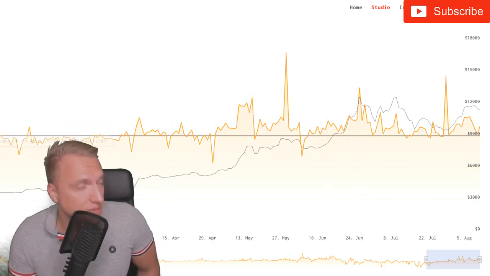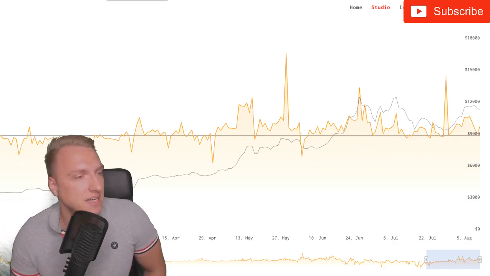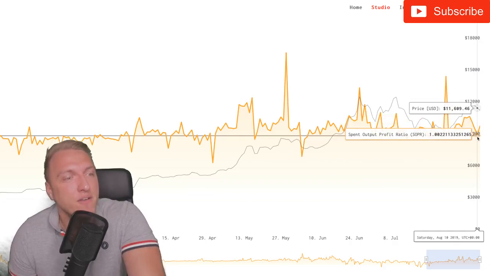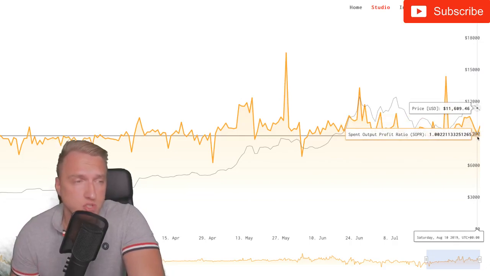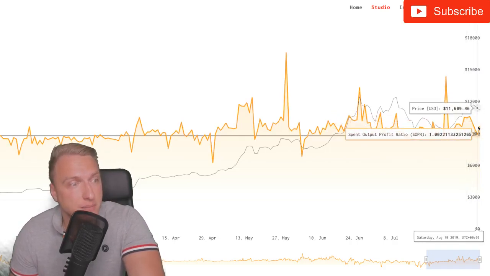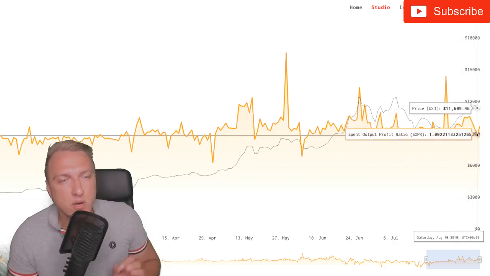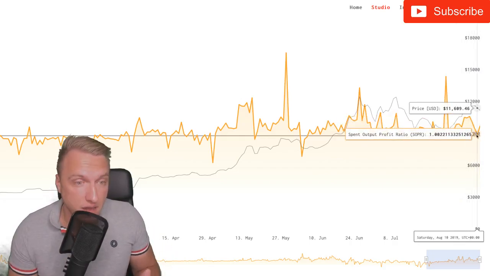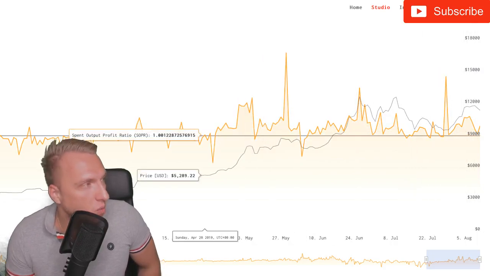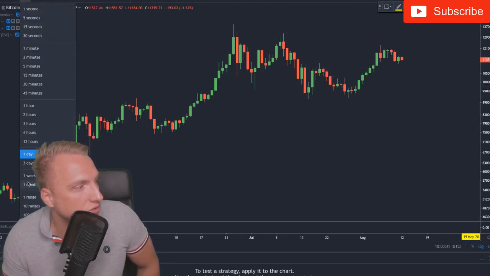So is that the bottom, the temporary bottom? We cannot tell for 100%, but we will take another indicator to tell us whether this might be the bottom. So make sure you stay here. First of all, what we have to do is observe the next few days. If we are going higher, then this was probably the temporary bottom and we will see further upside. Still, we would have loved to see an SOPR closer to the value of 1 or maybe even below 1. But if we are now pulling out another technical indicator and go to the weekly and